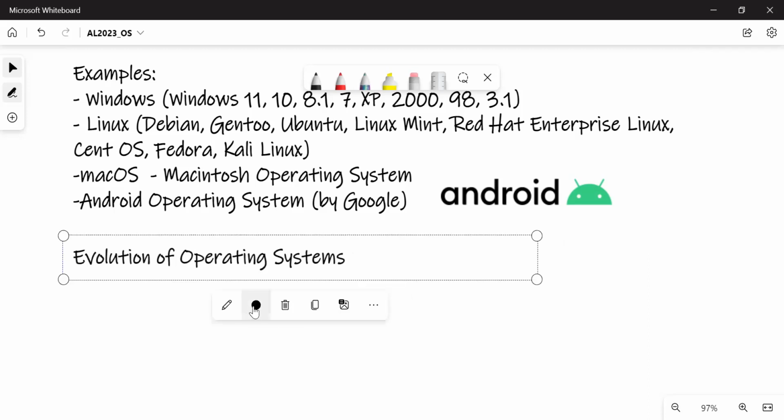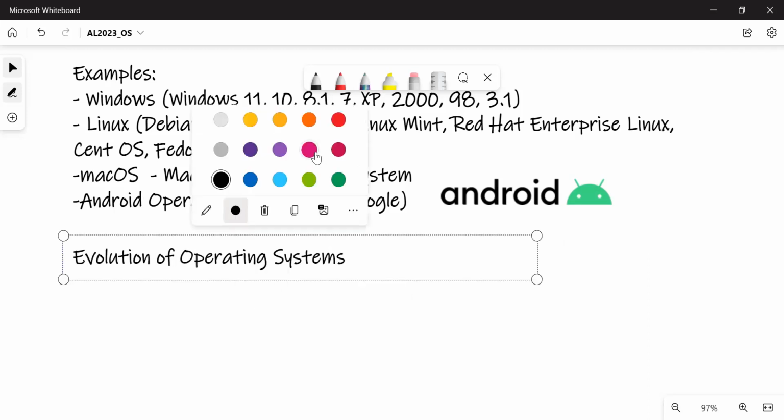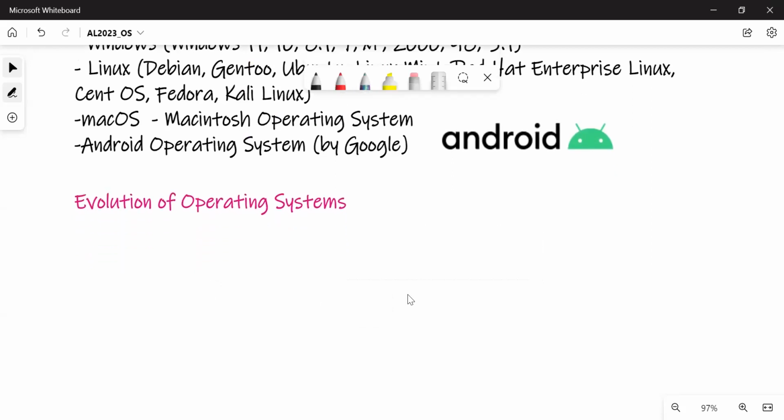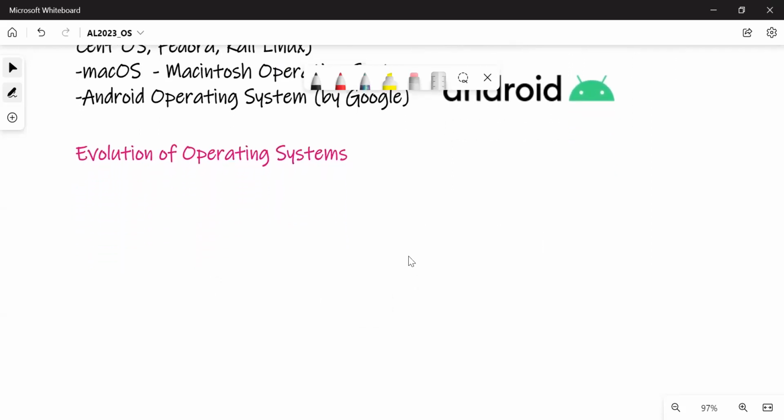Now, evolution means how we had operating systems in early days. So first of all, there was no operating system in the beginning.